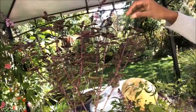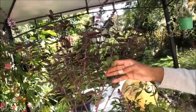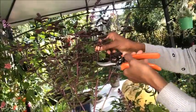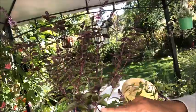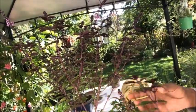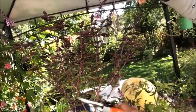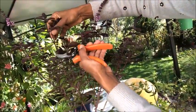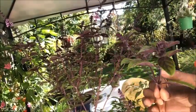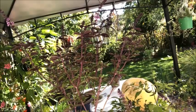So all you do is choose a nice stem, and I'm going to choose this one here because out of this stem I can get 2 cuttings, and I'm going to choose this one here. Again, I can get about 2 cuttings from here, or even 3. So I use all the stems that are there,